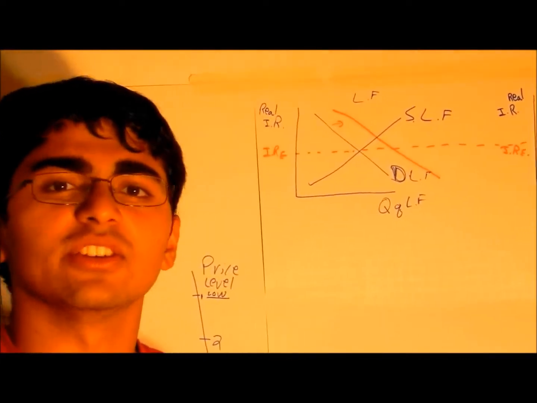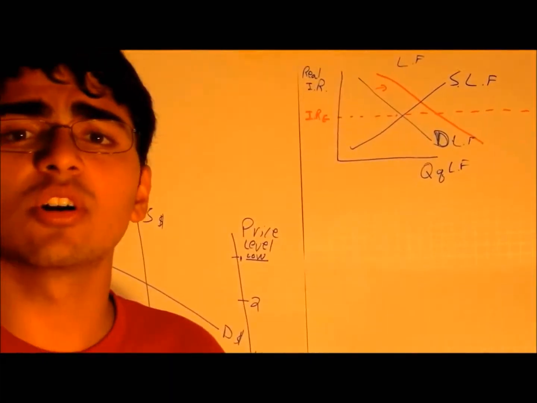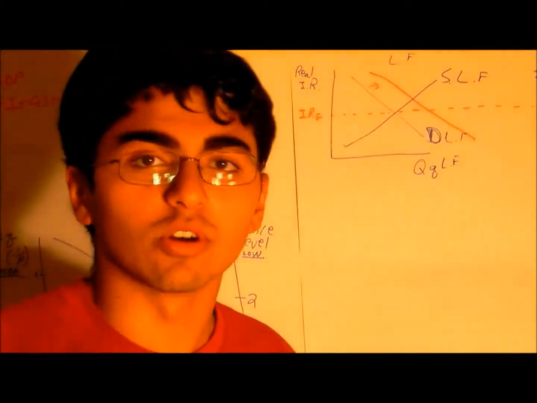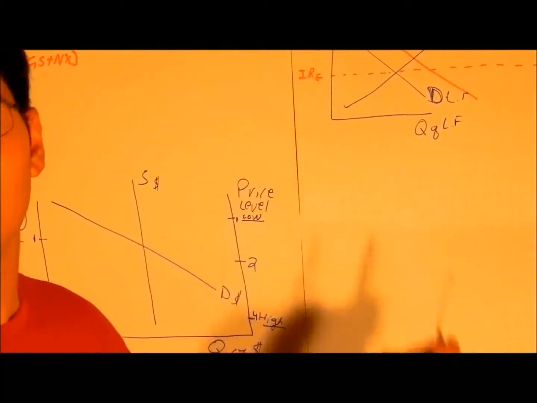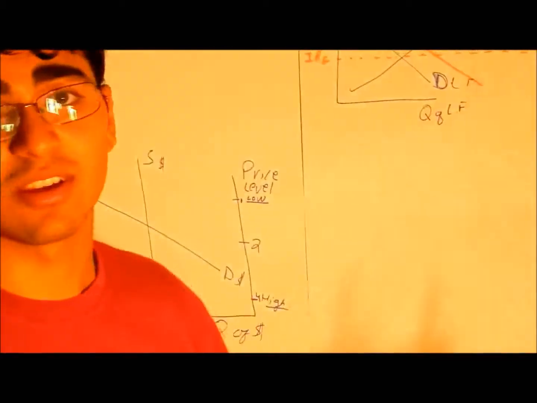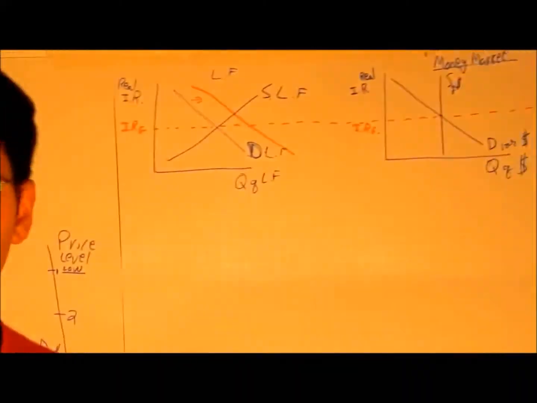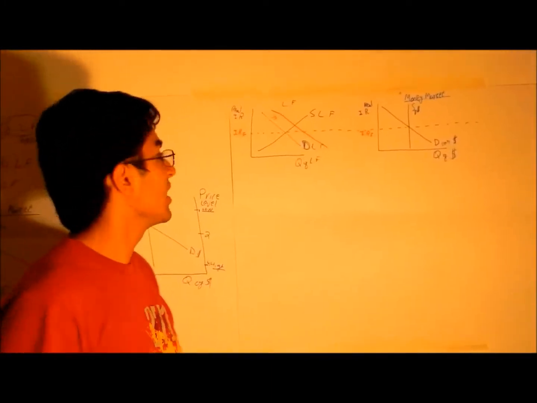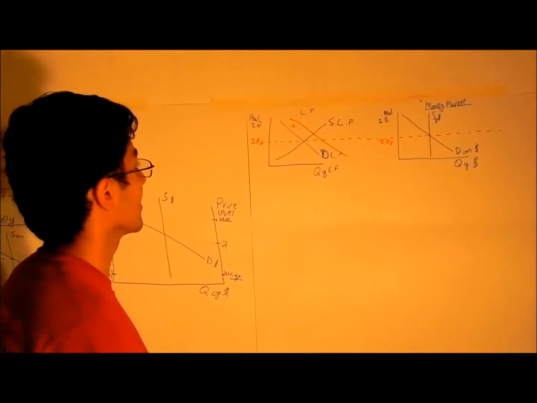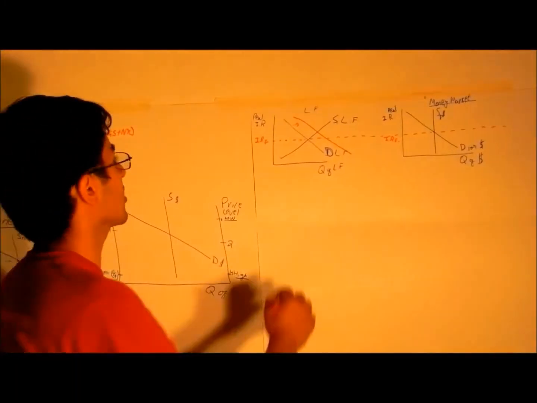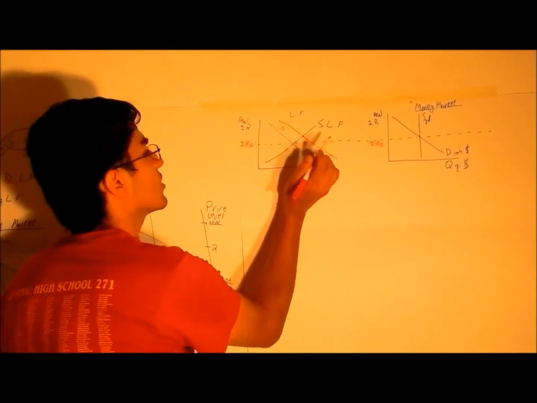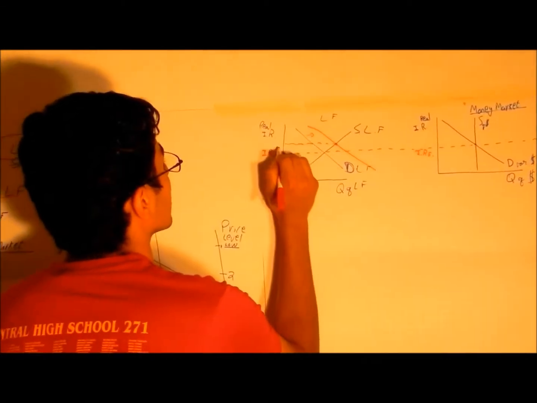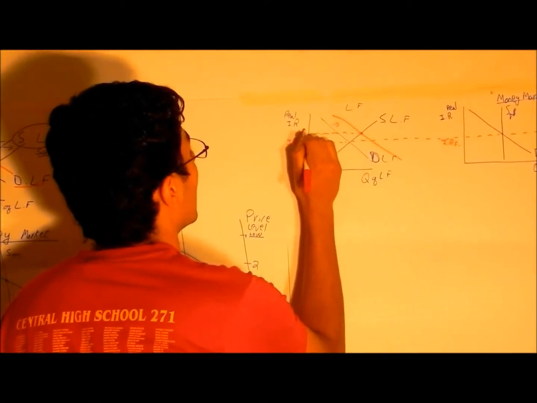If marginal propensity to consume increases, people are more likely to go out and loan money because they want to consume more things. And they are not likely to have as much money because the government did not shift anything there. Therefore, they're going to have to go to banks and loan out money. Therefore, demand for loanable funds increases. So what does the shift in the demand curve to the right do? Well, it increases the interest rate, as we see right here, which I'm going to call IR